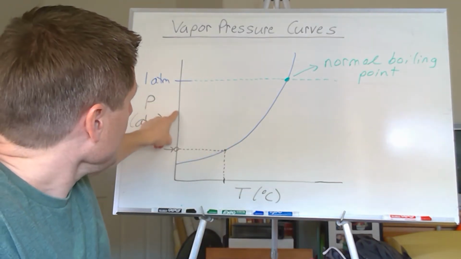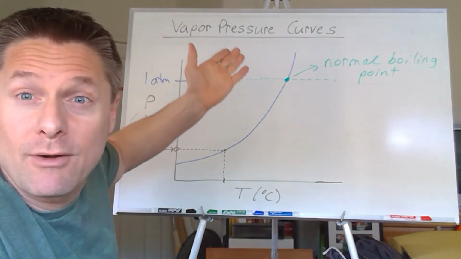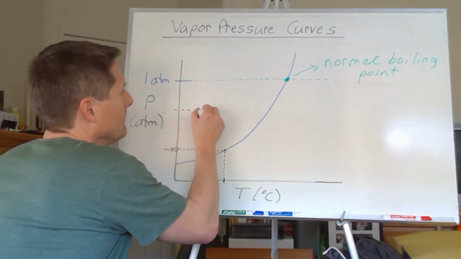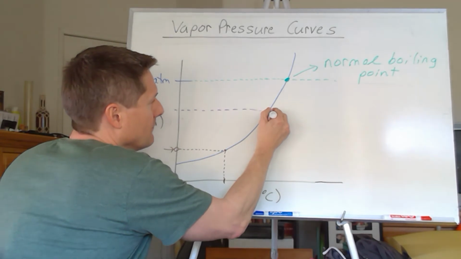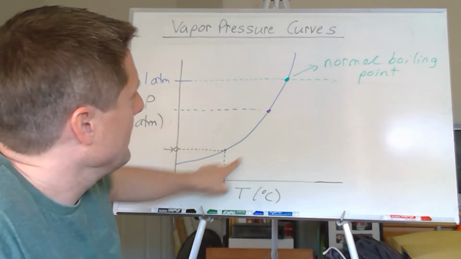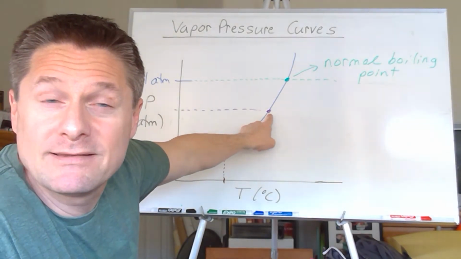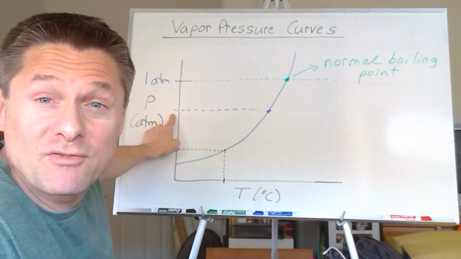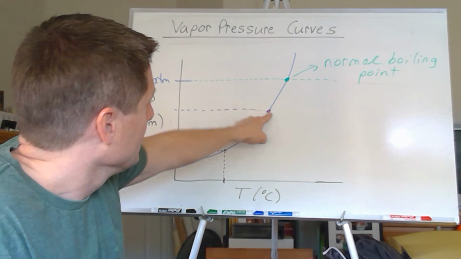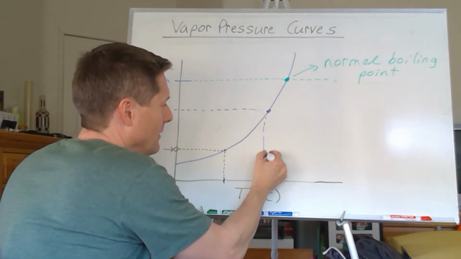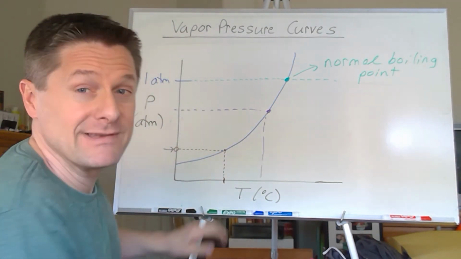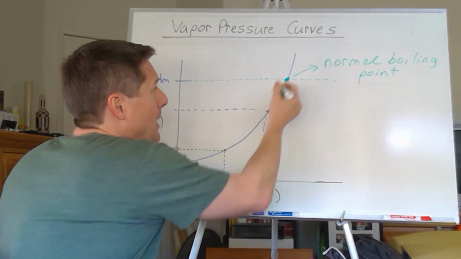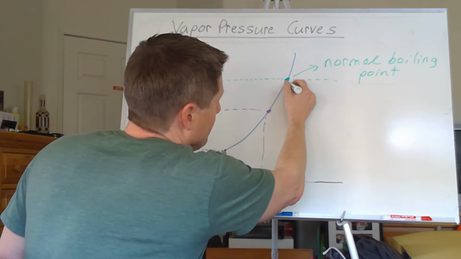But what if you're at a lower pressure? What if you're higher up on a mountain? Say your pressure's here. You heat it up, it's going to boil here. Do you see that? So if you're up on top of a mountain and the surrounding atmospheric pressure is lower, you're going to boil at a different temperature. Do you see this? You may have known this already, but it turns out boiling points